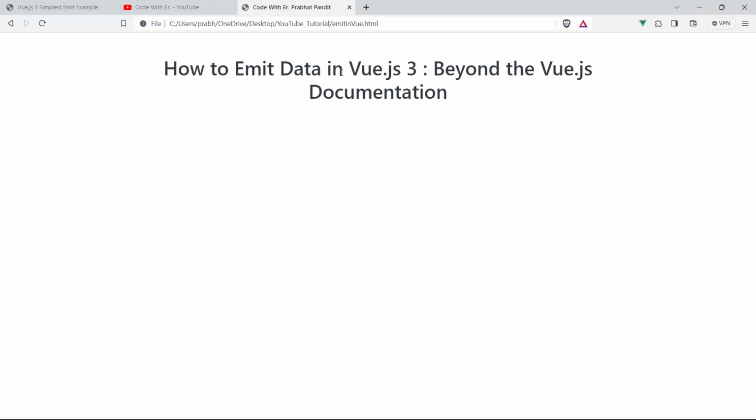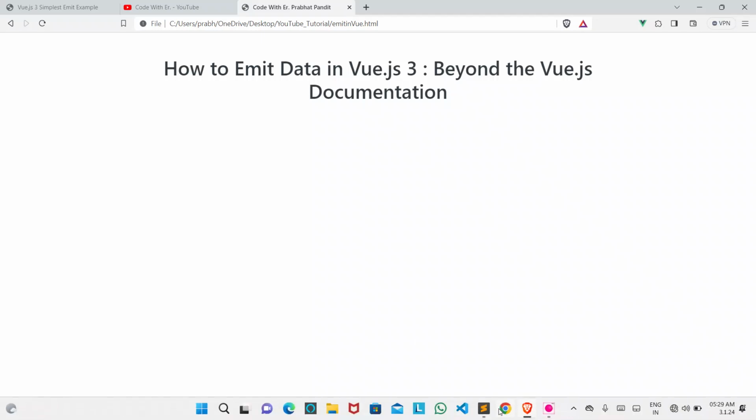Okay, yes guys, you read it right, trust me, just watch the entire video. I will be trying to give you in-depth knowledge, an in-depth view about the emit function and how the emit function works. So just be here and watch the entire video, and if you are new to Vue.js 3, then you should definitely watch this video, because this video is only for you. This video is created for beginners, for the new ones who are willing to learn Vue.js 3. Okay, so just go to the code again.